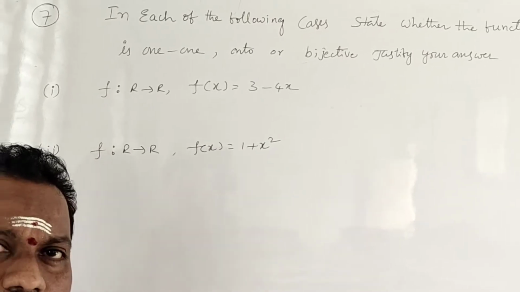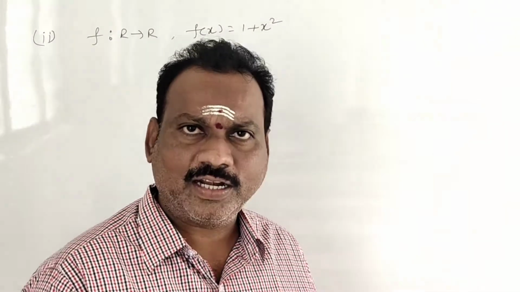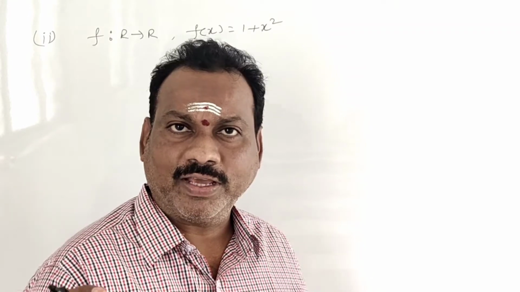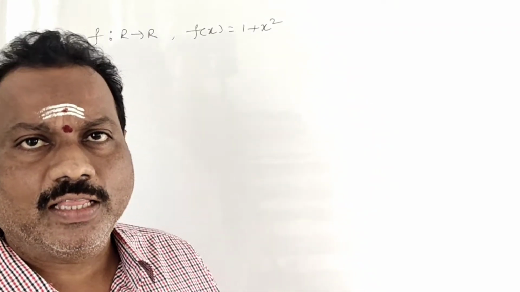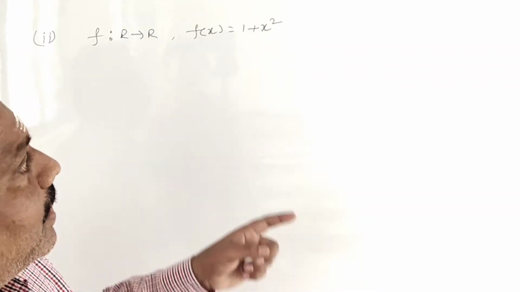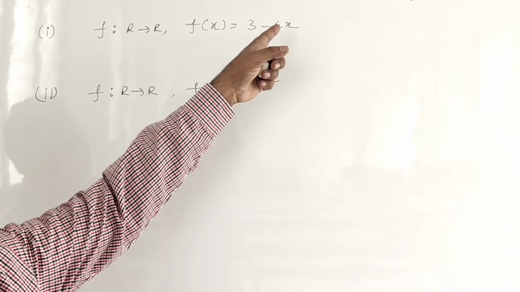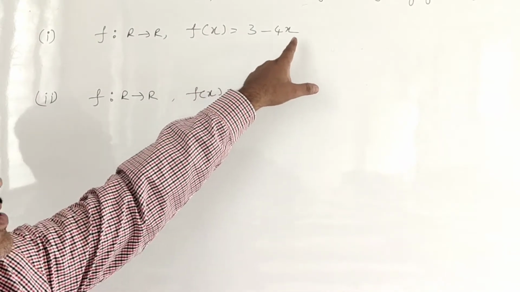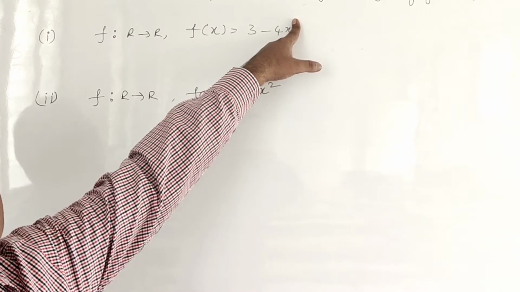So, the previous problems were modulus function, signum function, greatest integer function, like they are giving. You know that different inputs getting different outputs, then we can write an easy answer. But here the given problem, f of x is equal to 3 minus 4x. It is a linear function. Why? Because its variable power is 1. Linear means you are getting a straight line.